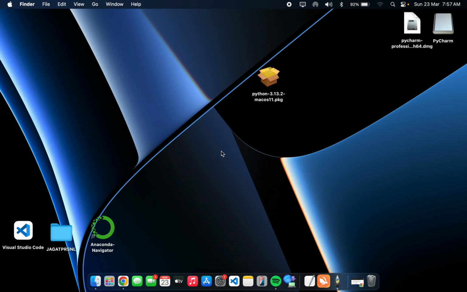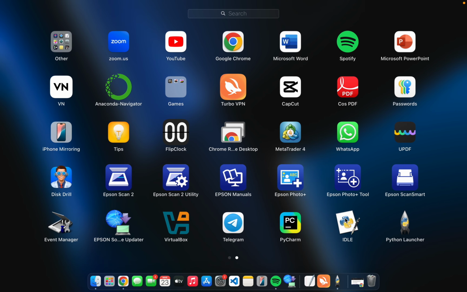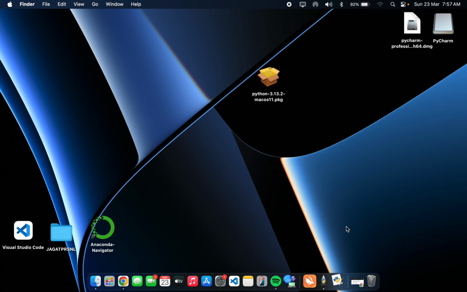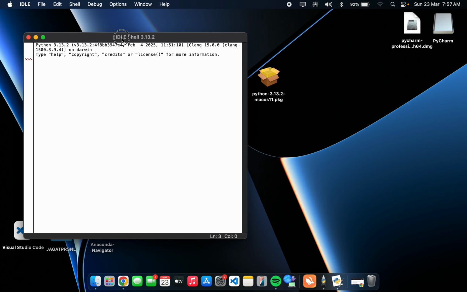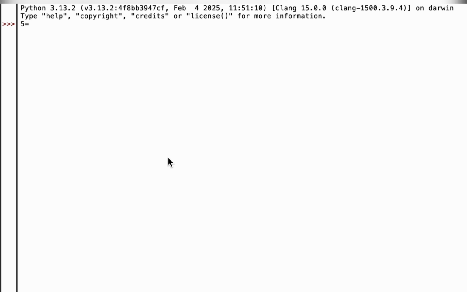So as it has been downloaded, so let's locate. So here it is, IDLE. We'll just click on it. We'll do allow. And here is the shell. So you can use this shell for anything, just like 5 plus